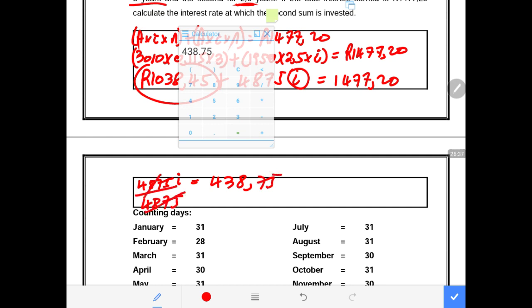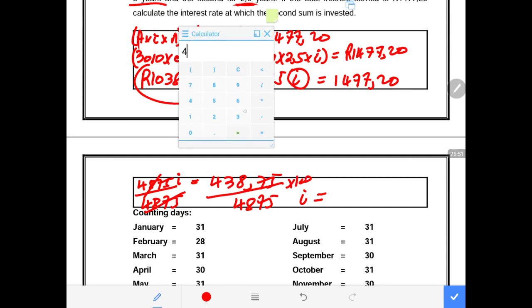Then after we divide here by 4,875, this cancels this, and we do the same thing. We divide by 4,875. Then our interest, don't forget to multiply by 100 at the end. Our interest will be 438.75 divided by 4,875. Then whatever we get, we multiply it by 100. It gives us interest as 8.99%,